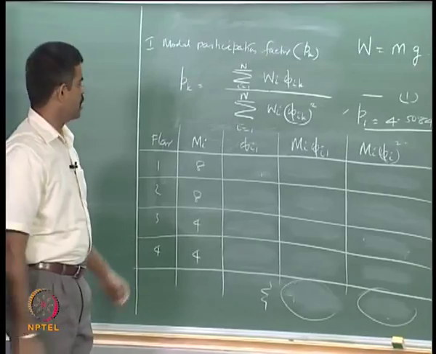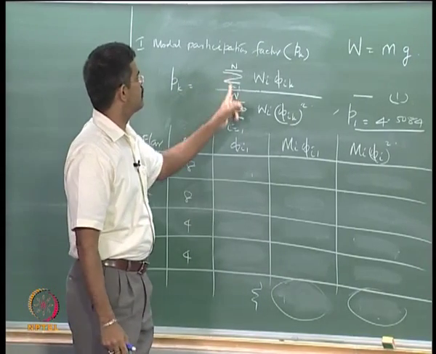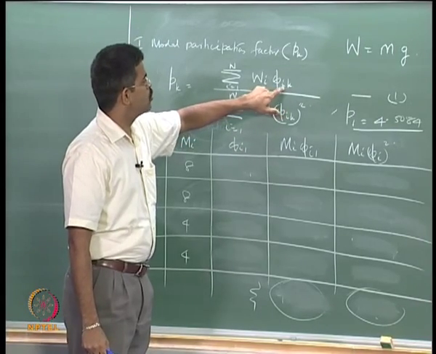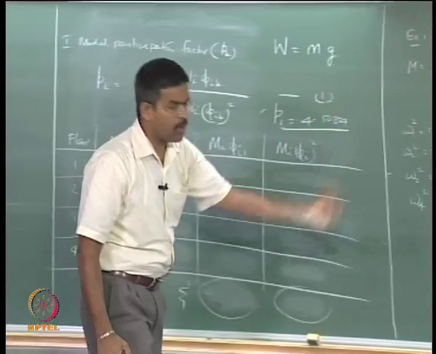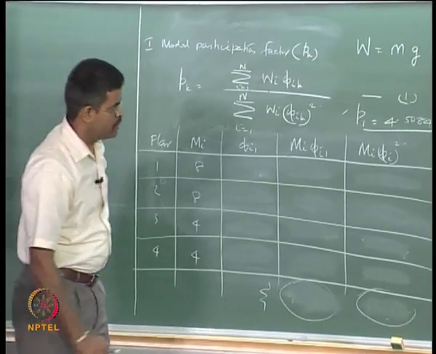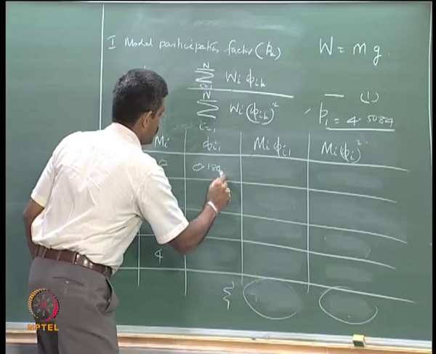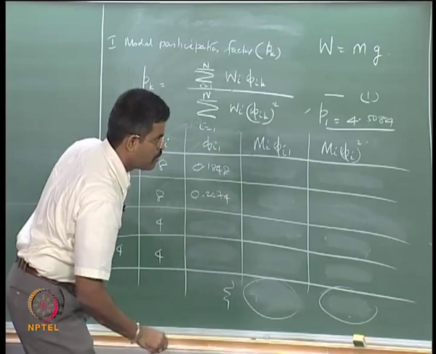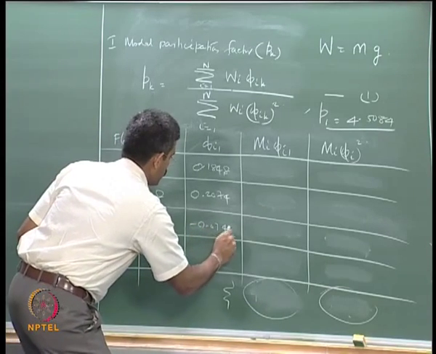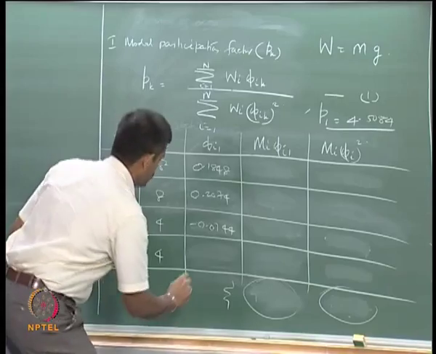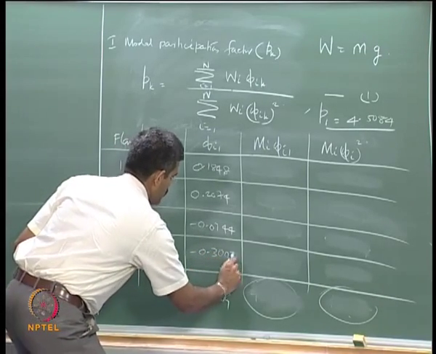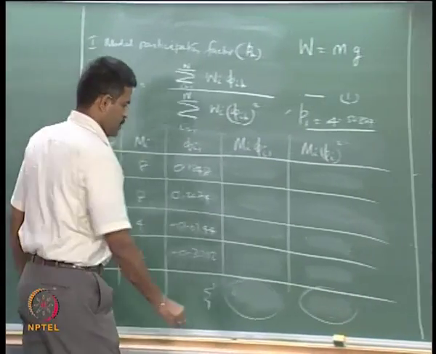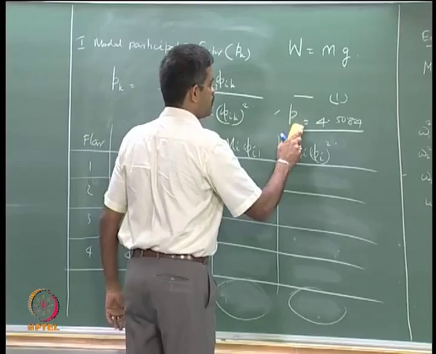So, what I should do here is go for P2. The summation varies from 1 to n only for i, k stands for 2. So, it is 5, 1, 2, 2, 2, 3, 2 and 4, 2. I am looking for the second column. Okay. So, 0.1848, 0.2074, minus 0.0744 and 300. So, calculate this and give me what is P2.